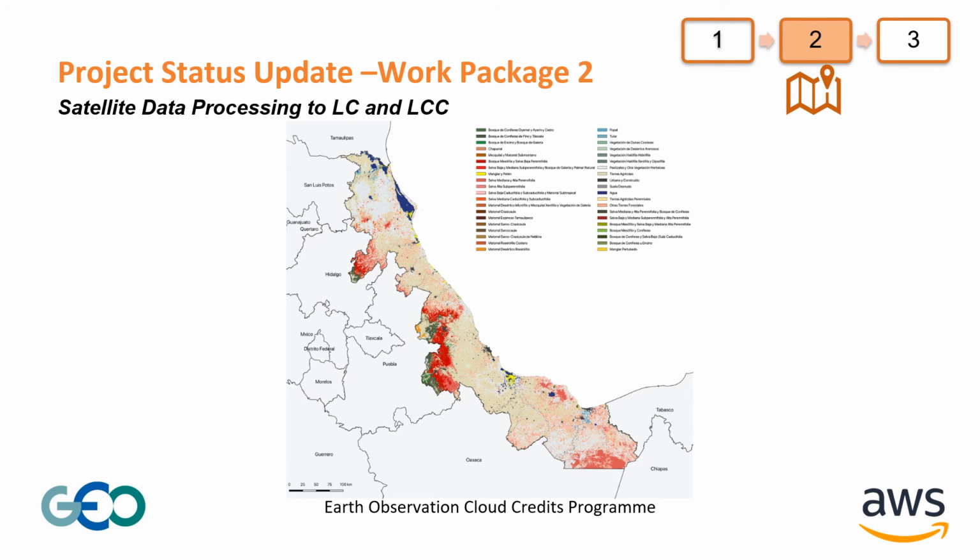Moving on to the status update of Work Package 2, which regards satellite data processing for land cover and land cover change maps for 5 states. The slide that you are looking at right now shows results for the state of Veracruz as an example. For this task, a crowd mapping platform has been provided to receive rapid feedback from the users on the products. It's also worth mentioning that based on the original MAD-Mex classification scheme of 31 classes, we could discern 4 additional land covers and 15 crop types at satisfactory accuracy levels of 75%.